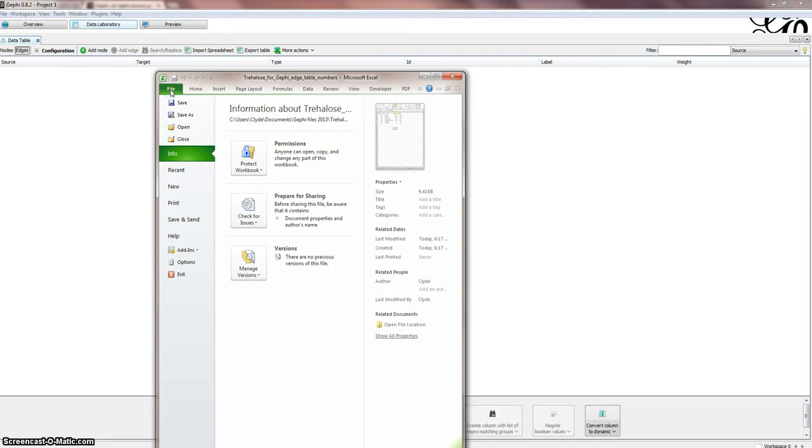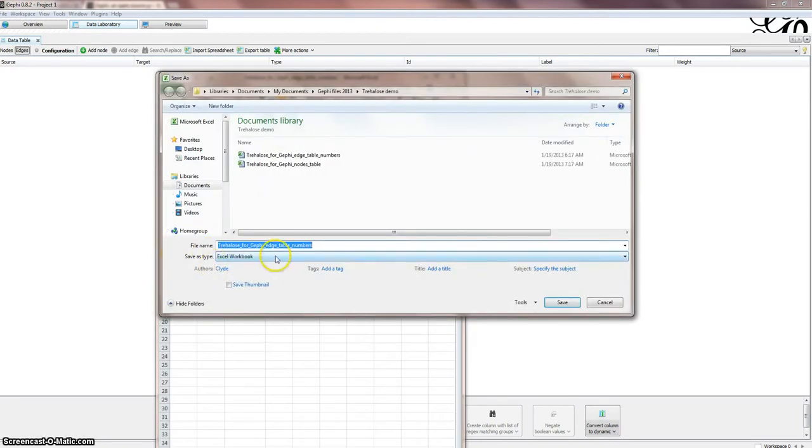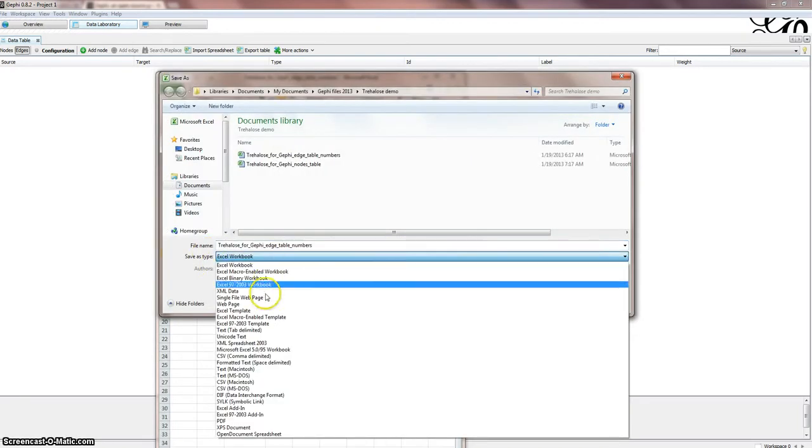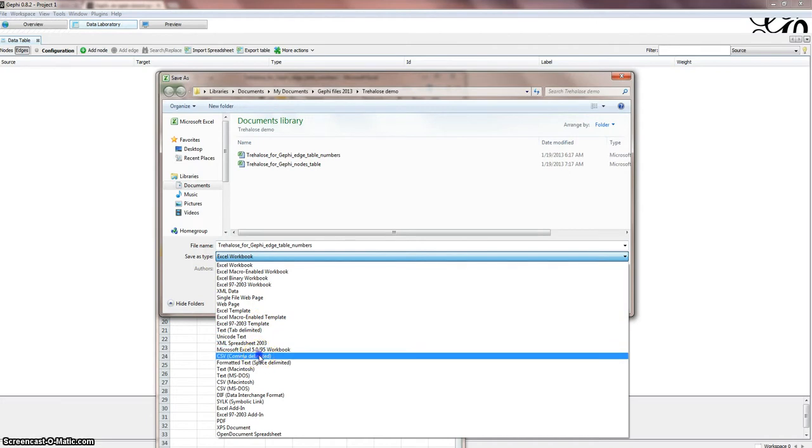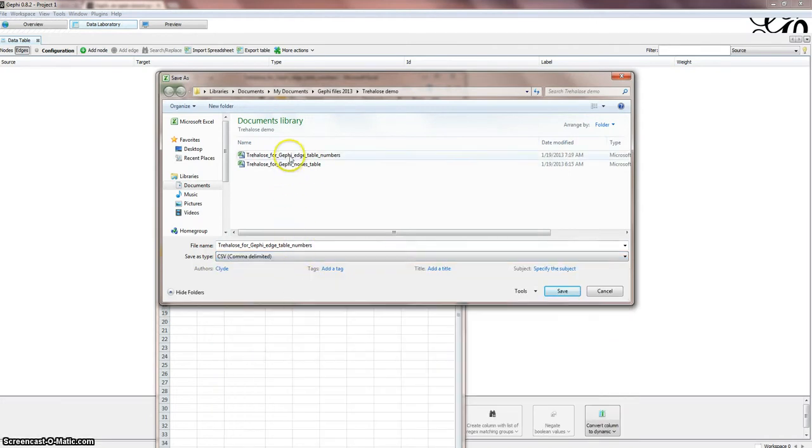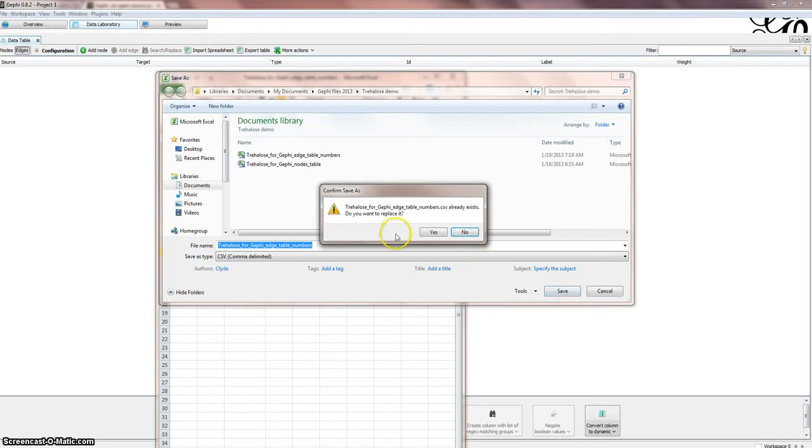Gephi likes to import a CSV, so we just do a save as and go to the CSV. You can see I already have them in there, but I'll show you how it's done. You click the save, and I